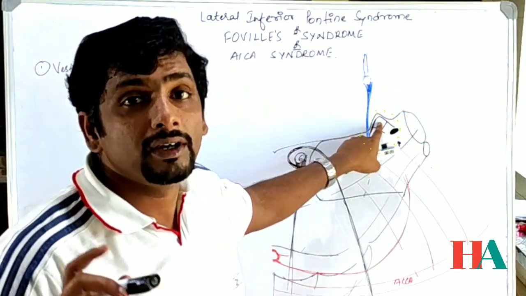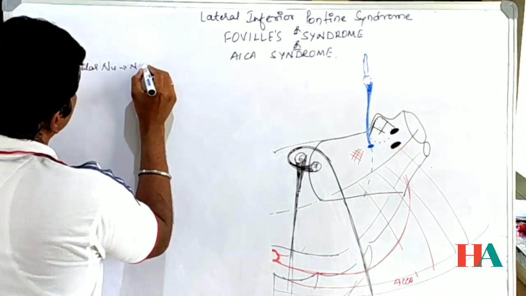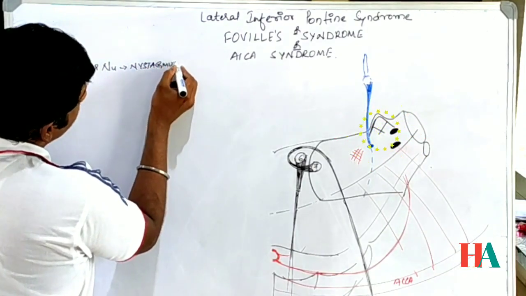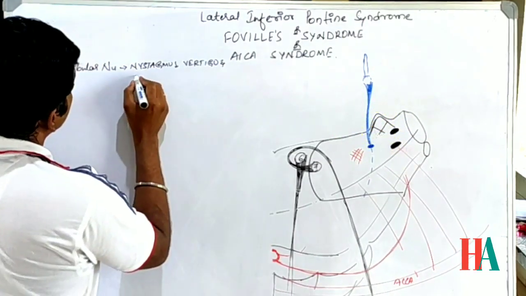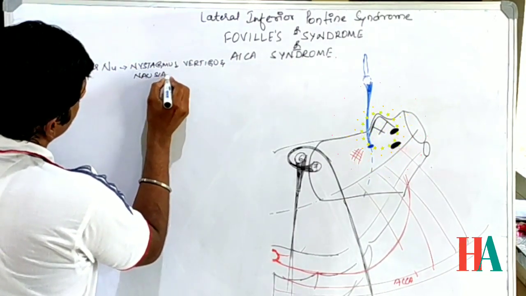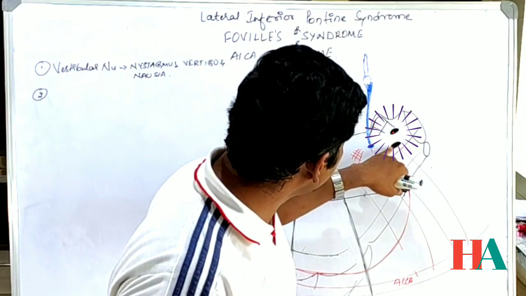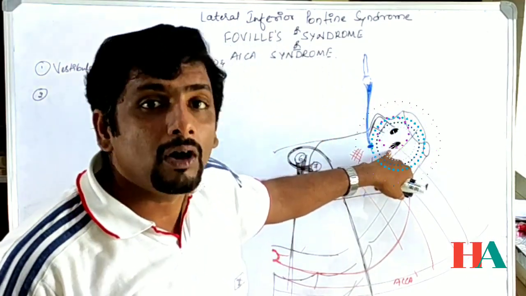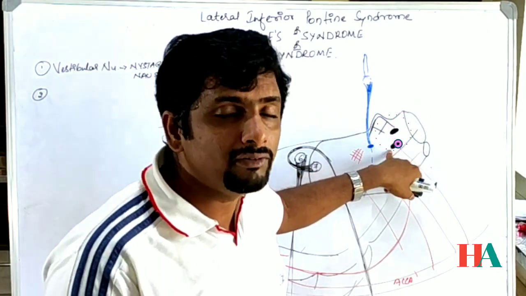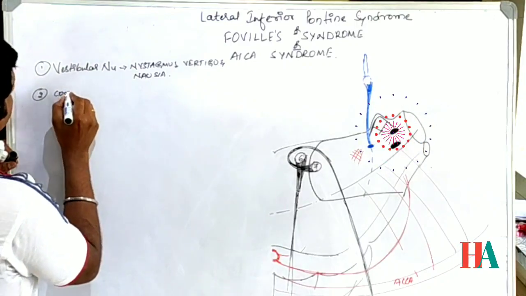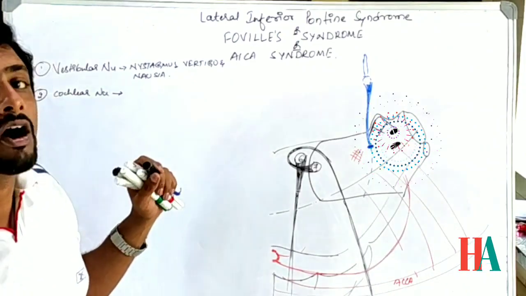It's going to produce nystagmus, vertigo, and nausea symptoms. Okay, so these are the first symptoms, vestibular nucleus, right? And again here there are two nuclei related to the cochlear system, so they are going to give hearing symptoms if these get involved. So what are these? The cochlear nucleus, which is going to produce either deafness or tinnitus.